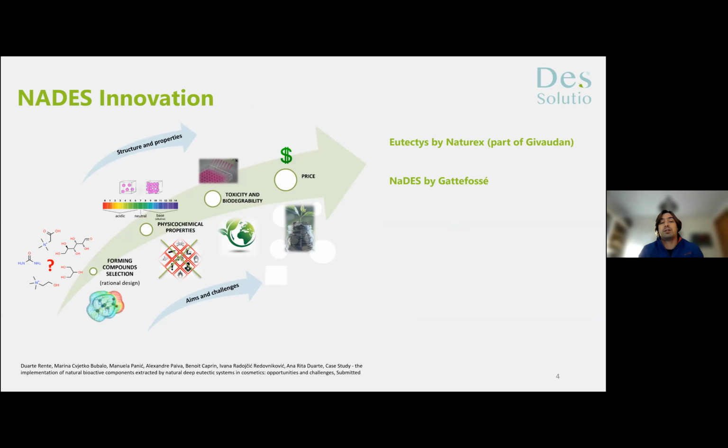Of course, we have experience, we know that this eutectic system worked for that application, and we use this knowledge to create new ones, but there's no rational design. This is time consuming, and most important, doesn't allow us to quickly design a solution for a specific problem. And the second problem with this is that we can also not predict the properties of the deep eutectic systems.